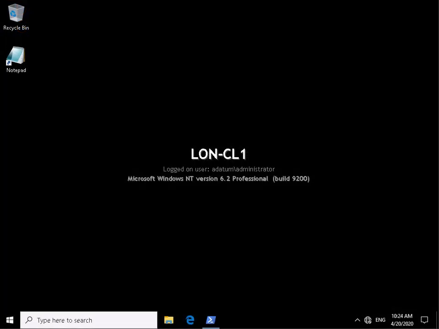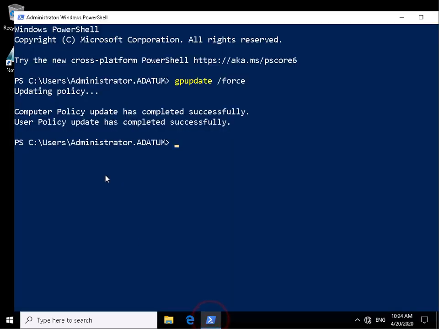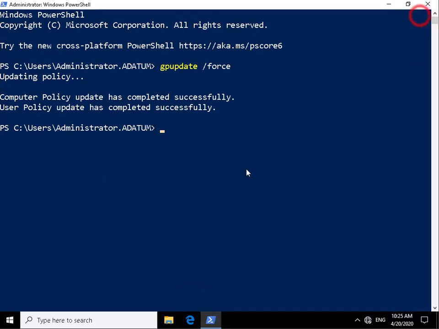In this demonstration, we're going to have a look at using some tools to troubleshoot group policy object application. In an earlier demo, I created a group policy preference that applied Notepad to the desktop of my desktop PC. Now I'd like to know exactly what group policies are being applied to this device. So if I come into my PowerShell and clear the screen,